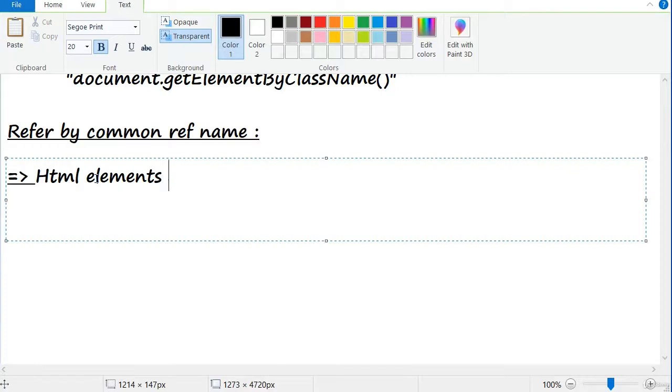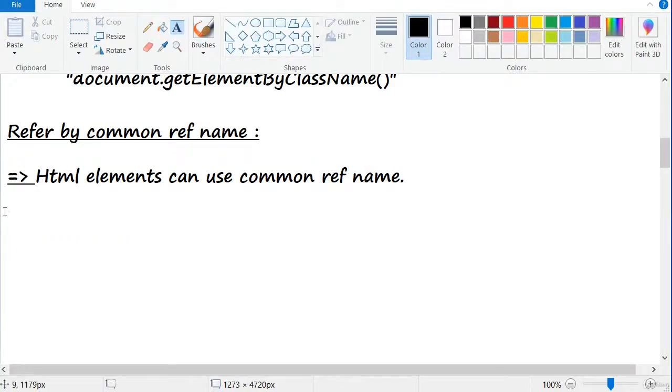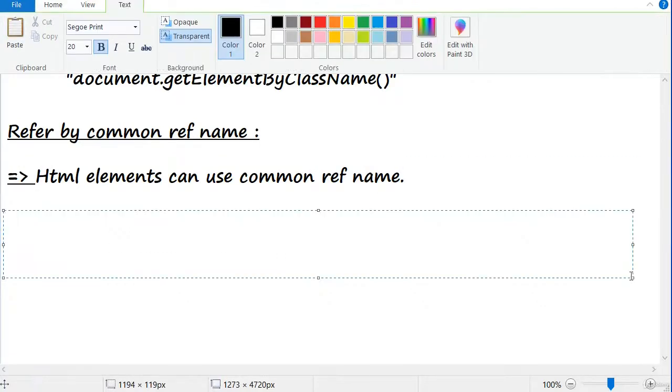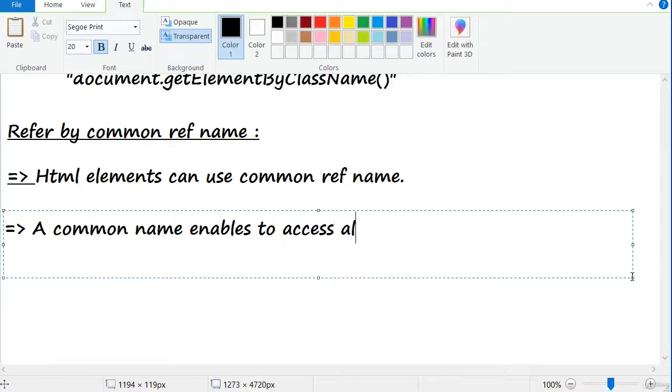Just I will make a note about this. HTML elements can use a common reference name. A common name enables access to all elements with one reference.